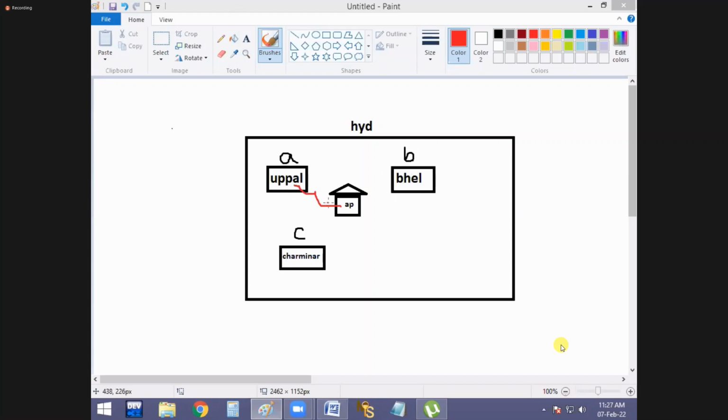And now watch it, guys. First, we are going to Uppal. After searching some time, you find the friend, and you are going to give the card or not. Later, you are moving to Charminar because from there it is easy. After searching some time, here also the card is given. Now you are moving to BHEL, and here also the card is given. Tell me, guys, approximately how much time is required? Approximately